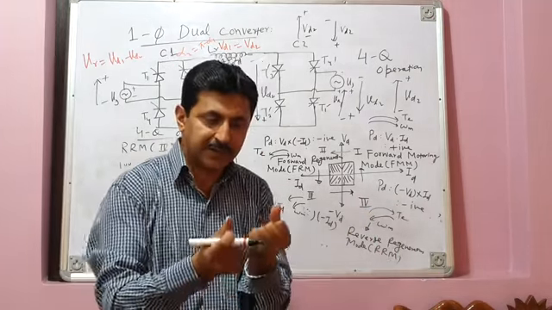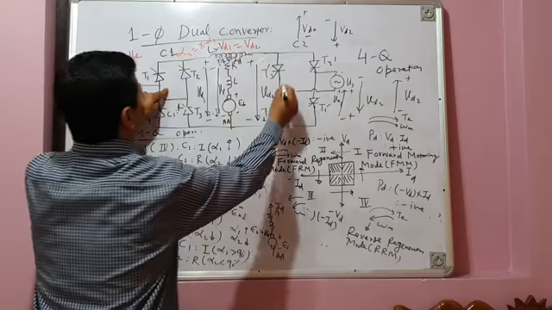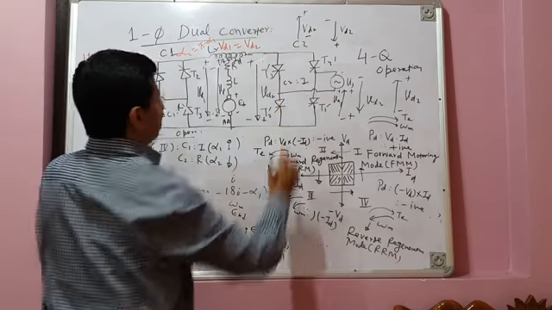And then you have to go to quadrant 1. क्वाड्रेंट 1 में फिर से आपकी एवरेज आउटपुट, करंट तो पॉजिटिव है ही, एवरेज आउटपुट वोल्टेज भी पॉजिटिव हो जाएगी। और एवरेज आउटपुट वोल्टेज पॉजिटिव का मतलब है, that means your converter 1 again has to operate as rectifier और कन्वर्टर 2 अगेन हैज टू ऑपरेट एज इन्वर्टर.